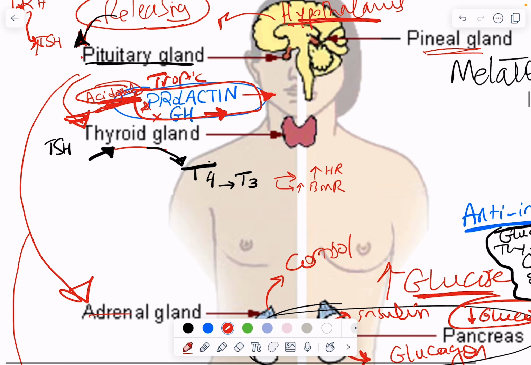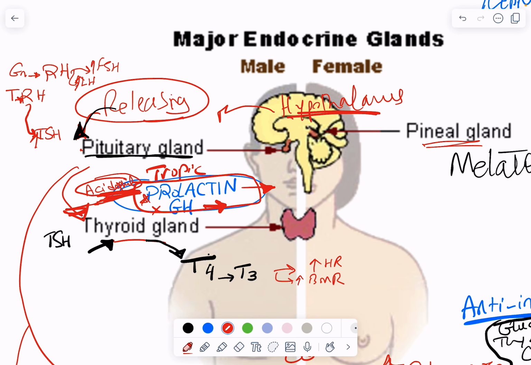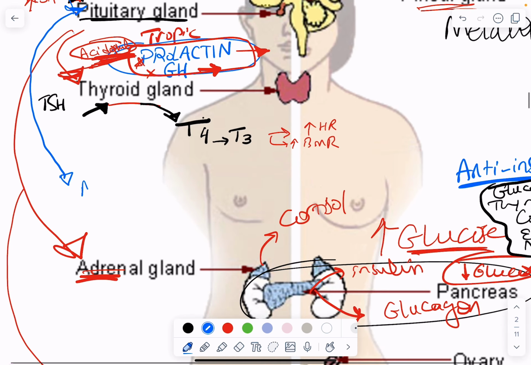Now, how about the adrenal gland hormones? When the pituitary gland is stimulated by the hypothalamus, which releases the corticotropin releasing hormone CRH, this goes to the pituitary gland to stimulate the release of the tropic hormone ACTH, adrenocorticotropic hormone. This then goes to the adrenal gland and stimulates the release of two major hormones of the adrenal